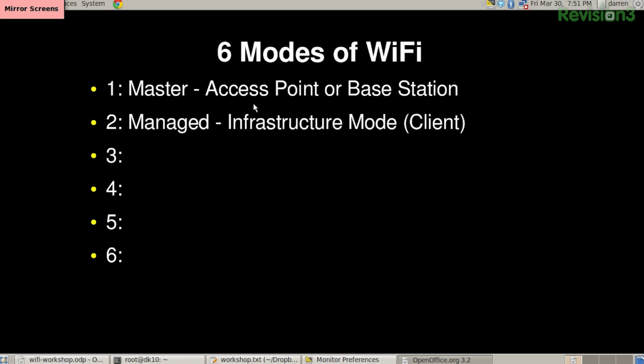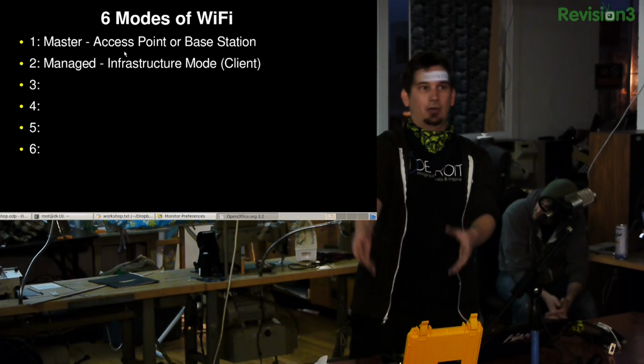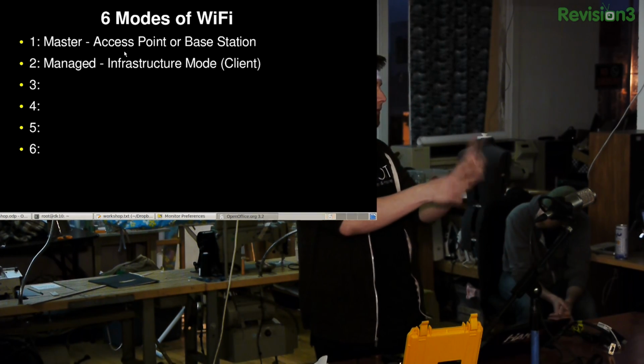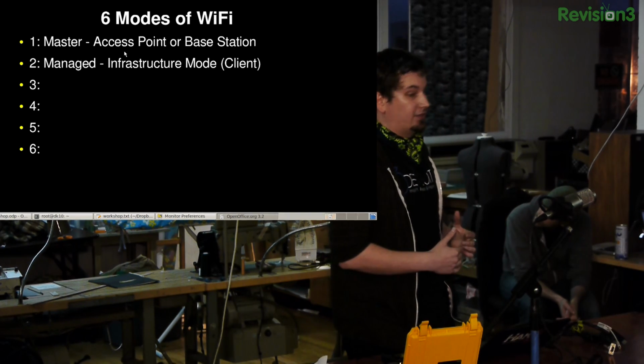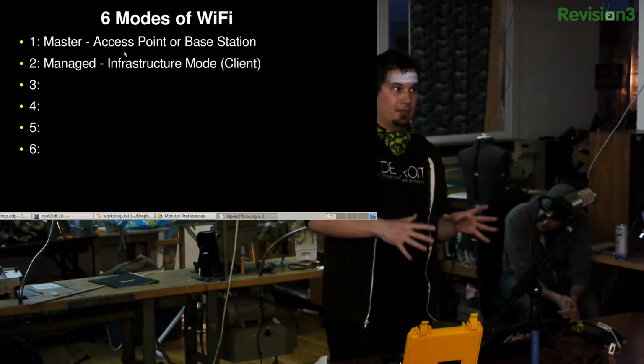So, the six modes of Wi-Fi. The first one that we're going to talk about is master. This is the access point or base station mode. That is your little Linksys router, the little blue guy with the antennas at home. That is running in what is known as master mode. And so, like I mentioned, all of these different